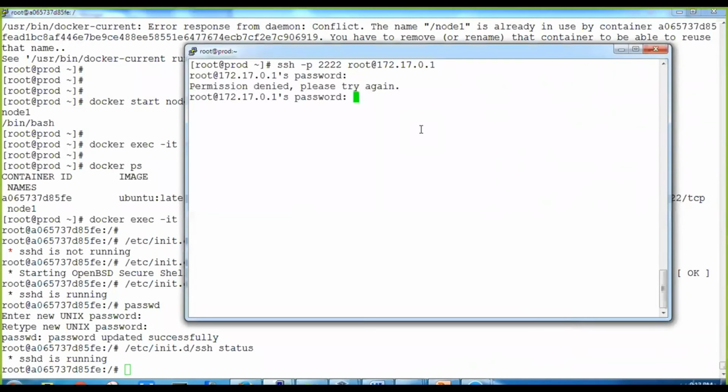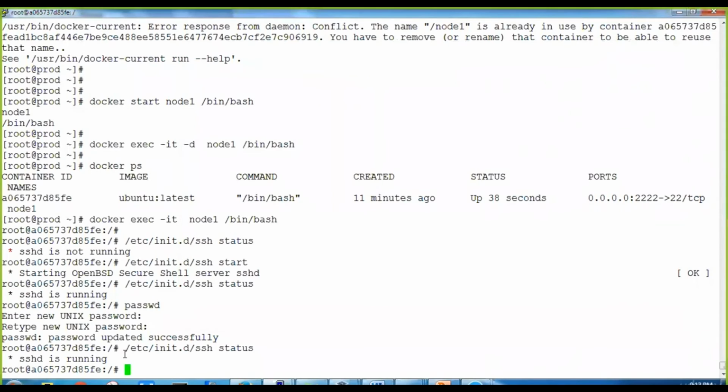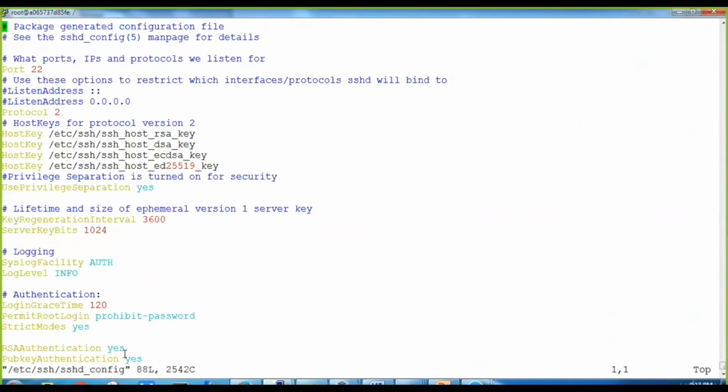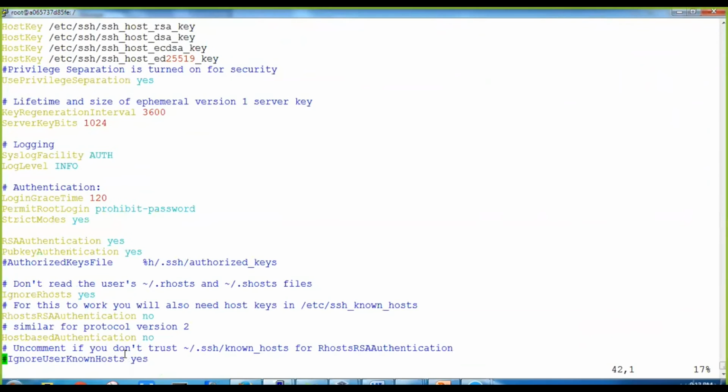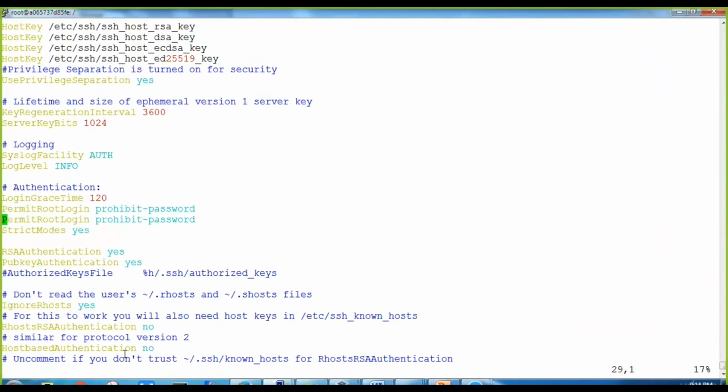All right, so we'll come to the container, and we'll go in edit mode of /etc/ssh/sshd_config file, because we are trying from the root user. By default, root user is not permitted to log in.